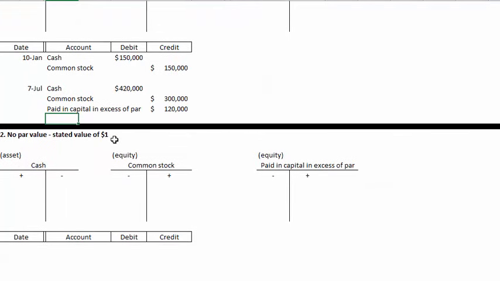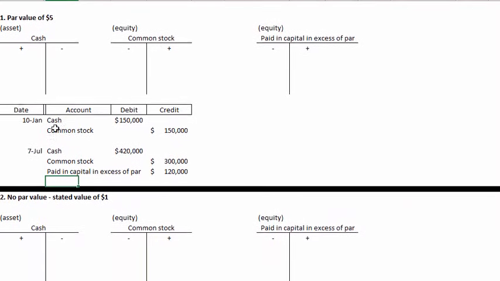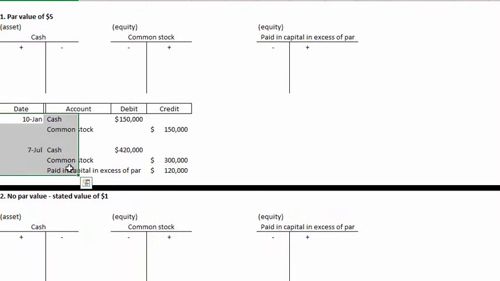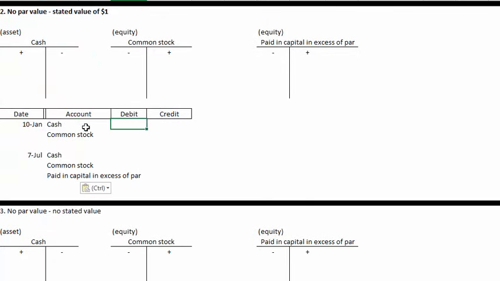Now let's pretend that the par value is $1, not $5. How does that change this transaction? What I can do here is just copy part of this down. We're still going to receive the same $150,000 in cash. That doesn't change, simply because we have a stated value of $1, not a par value of $1. You take and push into the common stock account